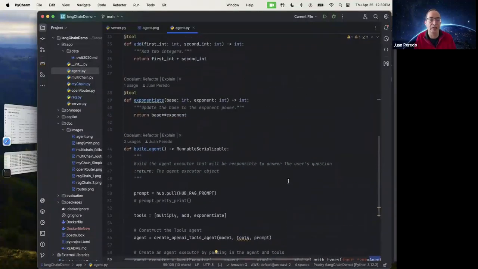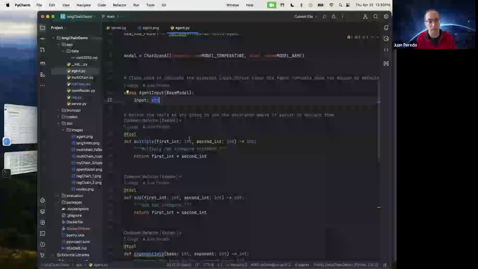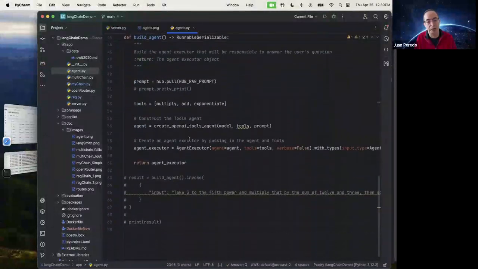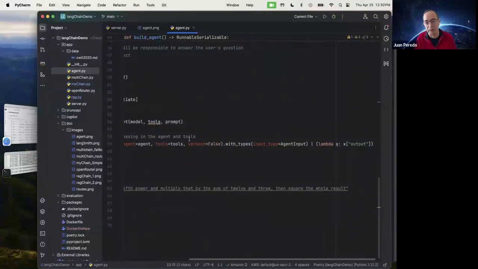That's nothing but a class that we defined up here, which says we're looking for a string input that this agent executor is expecting. And because we haven't said that it's optional, which we could in the definition, it's going to be mandatory.